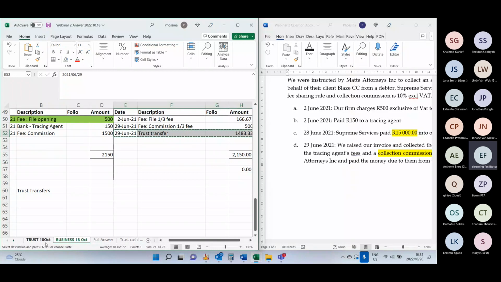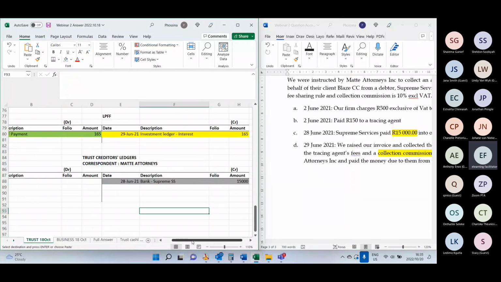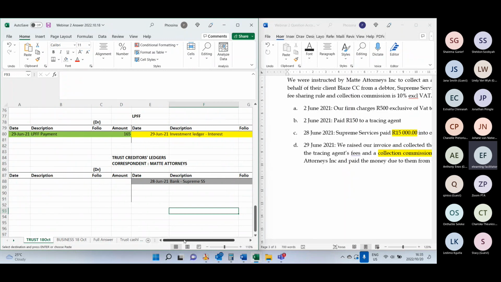So how we complete it, we go to our trust account, and then from our correspondent, we have received 15,000, but we are not going to pay him 15,000. There is this amount that belongs to our firm, which is the 1,183. Our firm. So at the end of the day, when it comes to this transaction, we are going to pay. If we are to,